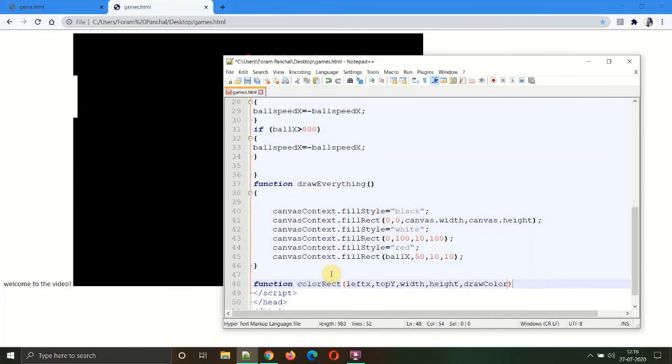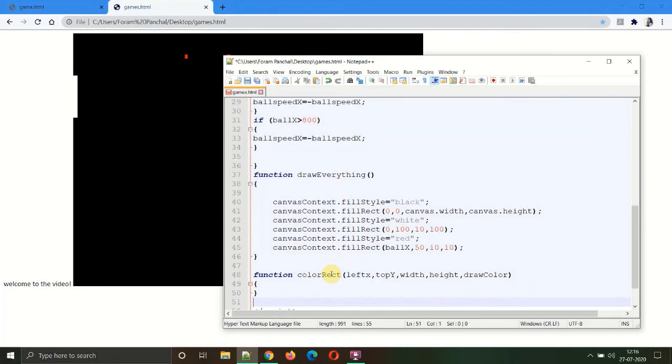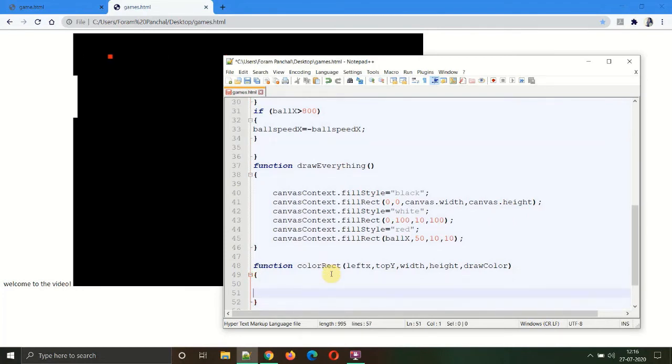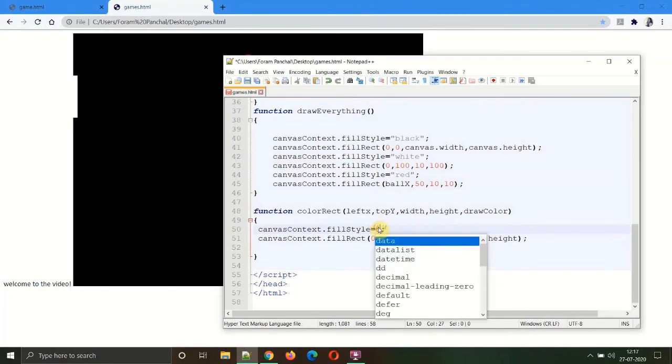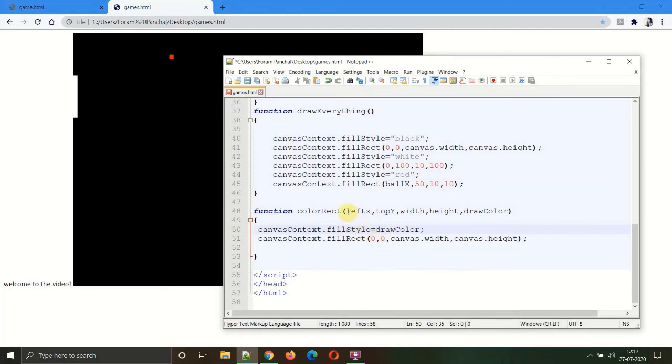Okay, and let's paste the copied lines into the function over here. Okay, now we have pasted both the lines. Let's change the color black to the argument given, draw color, and let's keep over here the same coordinates that we created into the argument.